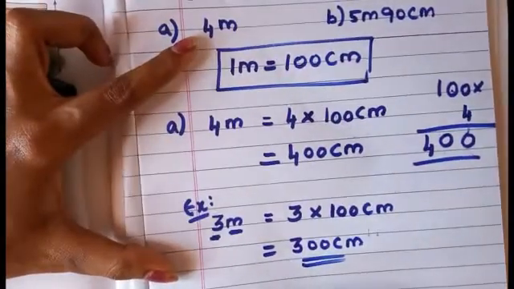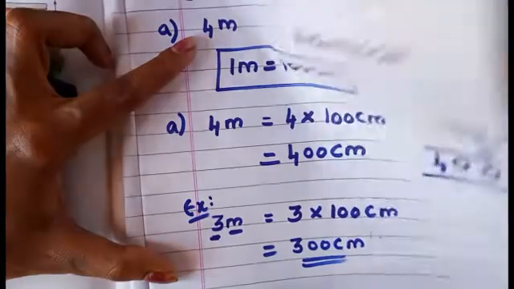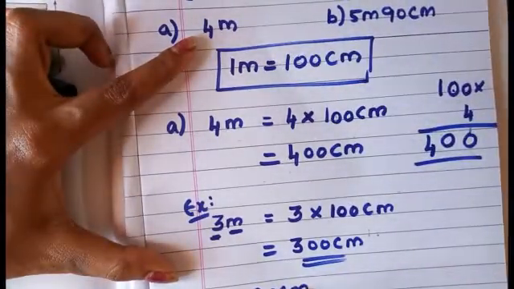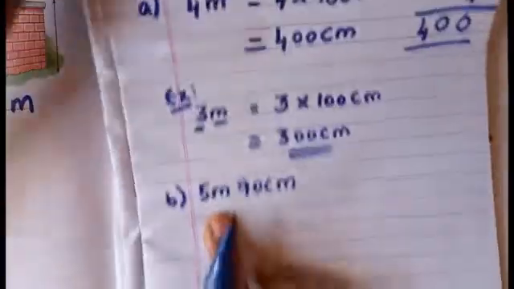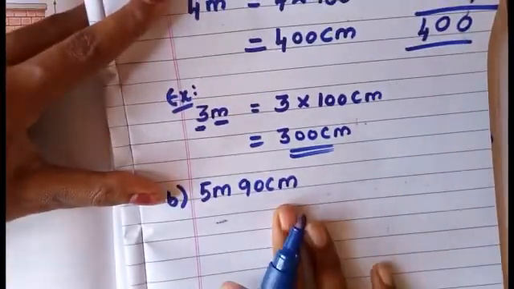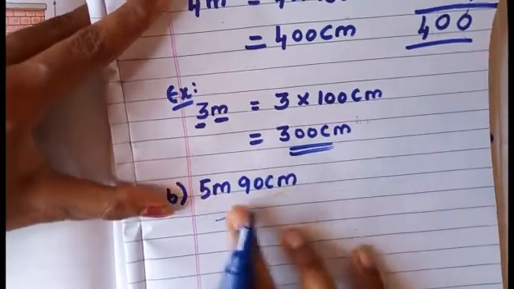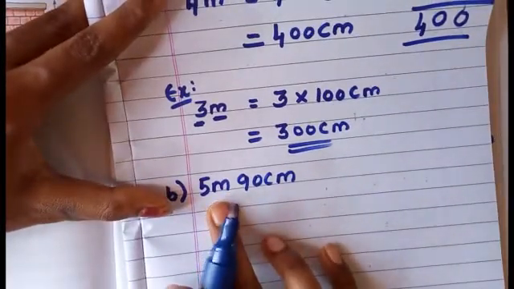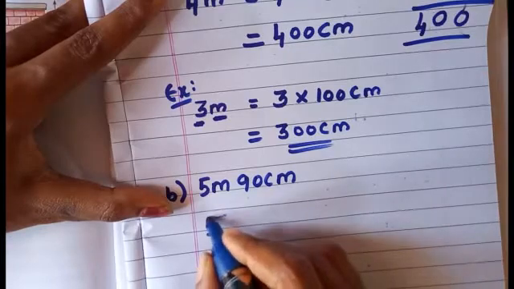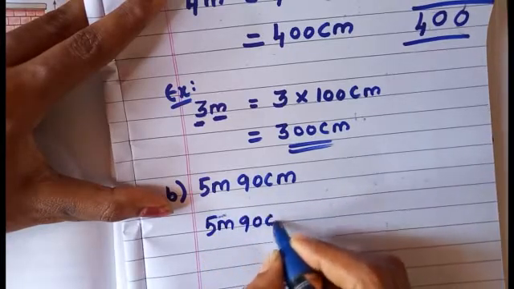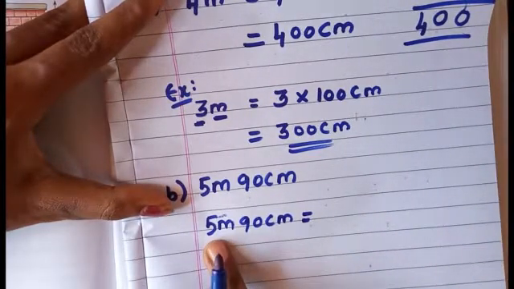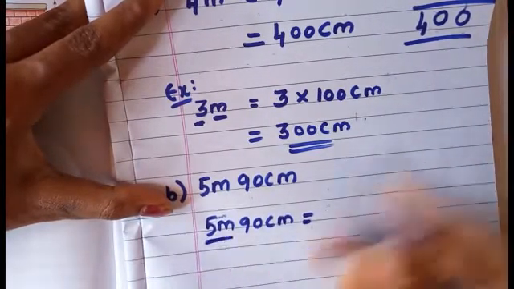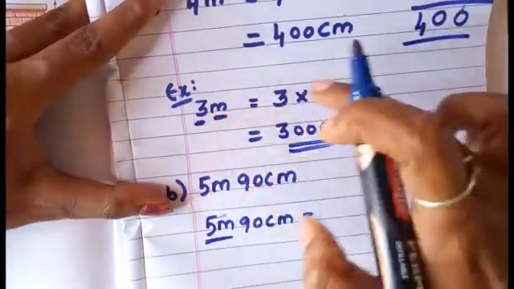Okay. So now just listen. Be some little different. 5 meter 90 centimeter. Meter is given and centimeter is given here, but only meter is given there. But here you see meter and centimeter is given. So no need to bother about the centimeter. First you have to concentrate the meter. Okay. So what you have to do? See here. 5 meter 90 centimeter is equal to. What you have to do? So 5 meter means first the same step. 3 meter is there. Like that you have to